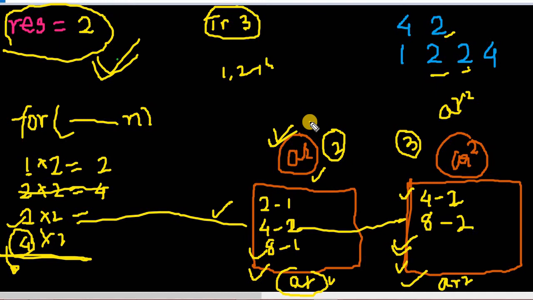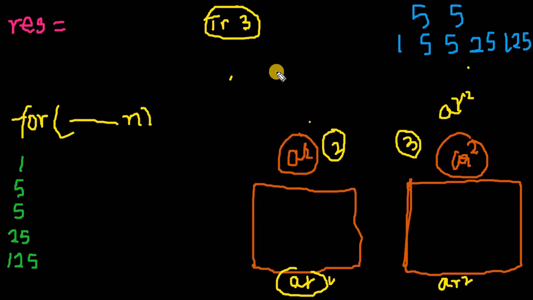I'll take another example of 5, I think 5 2 5, something similar to it, and after that I'll code this particular problem. Okay, let's start with another example. The only reason I'm taking another example is to emphasize the concept, because the code is very simple for this.